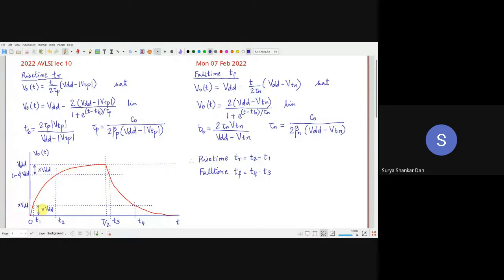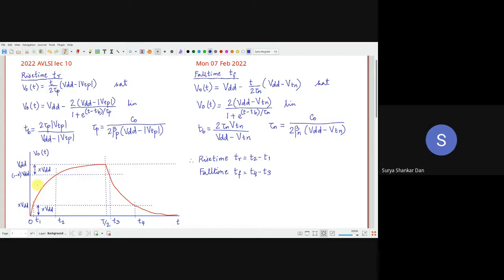Now, for our calculations and for our symmetric operation of our devices, depending on the application, we are going to choose what value of x we are going to consider for the logic low and the logic high. For symmetric operation, we will ensure that this range of output voltage we will consider as logic 0, and this range of output voltage we will consider as logic 1. It's very simple. So the high logic range and the low logic range of VO should be equal if we are looking for a symmetric operation, right? So if this is X, what is this X? X is basically a percentage of the total rail to rail voltage.